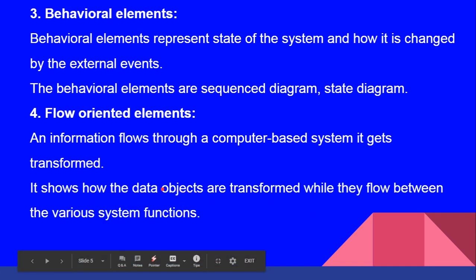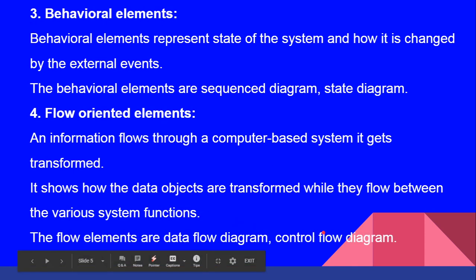It shows how the data objects are transformed while they flow between the various system functions. The flow elements are the data flow diagram and control flow diagram. With the data flow diagram and control flow diagram, this type of flow oriented element is developed, and they specify the software requirements gathering of the system.